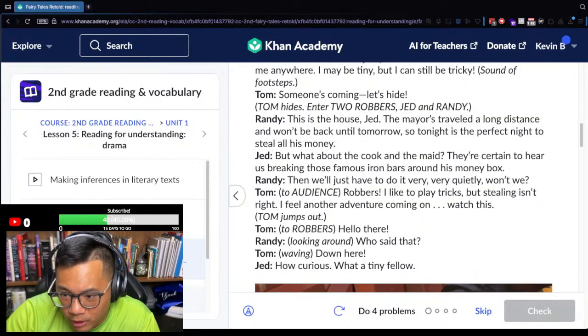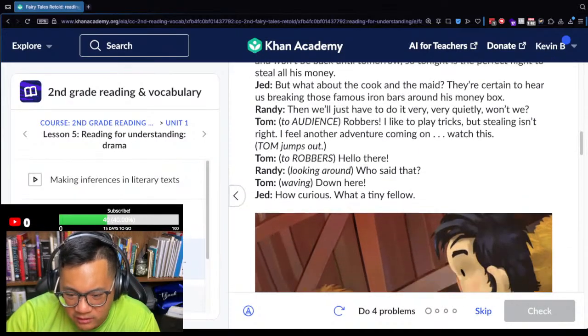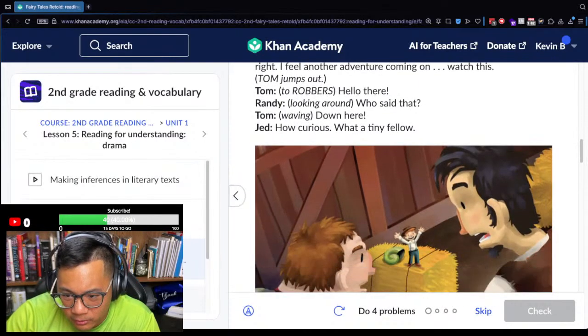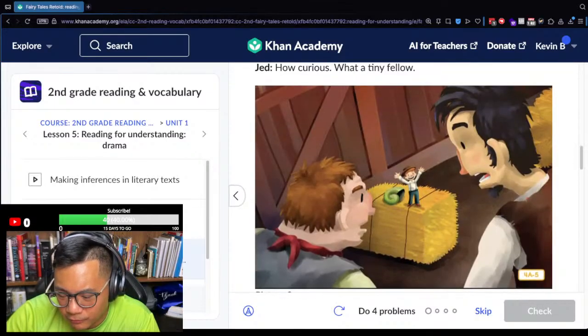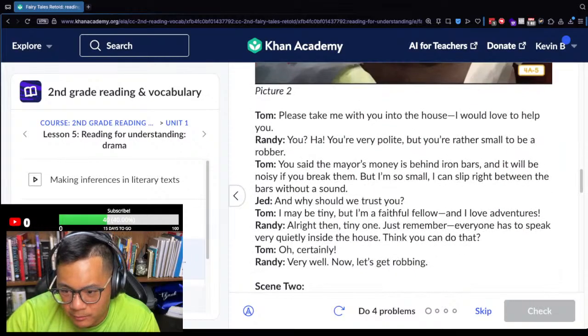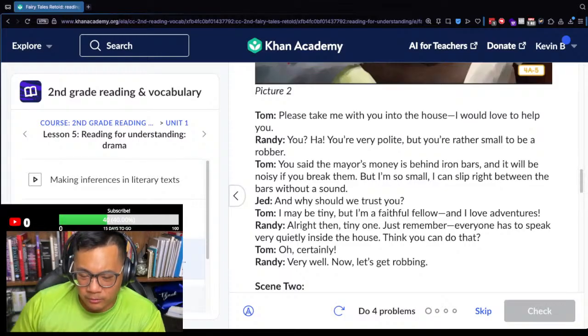Tom, to himself: Robbers! I like to play tricks, but stealing isn't right. I feel another adventure coming on. Watch this. Tom, to the robbers: Hello there. Who said that? Down here. How curious. What a tiny fellow. Please take me with you into the house. I would love to help you. You? Ha!